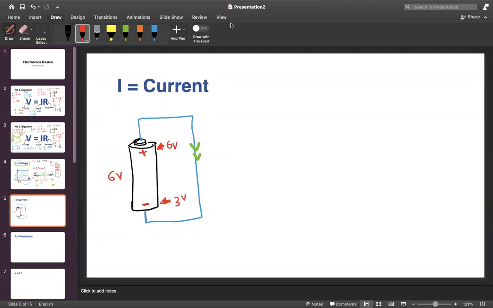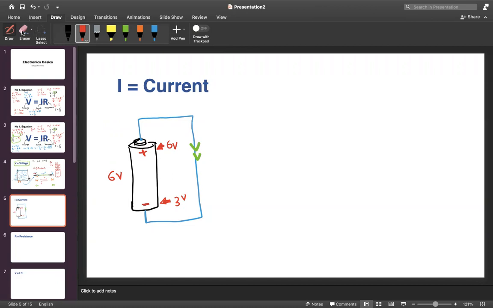Can you tell me? It's okay, your answers can be wrong. That is completely fine. What's important is that you understand. Negative to positive. Why is it going from negative to positive? Because the voltage is high on the negative side. No, I said the voltage is 6 here on the positive side and the negative side is 3. Sorry, I had already switched the positive and negative.